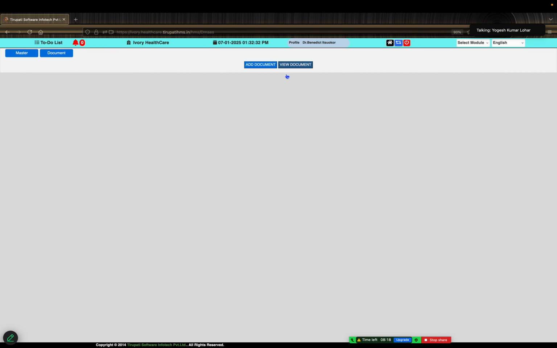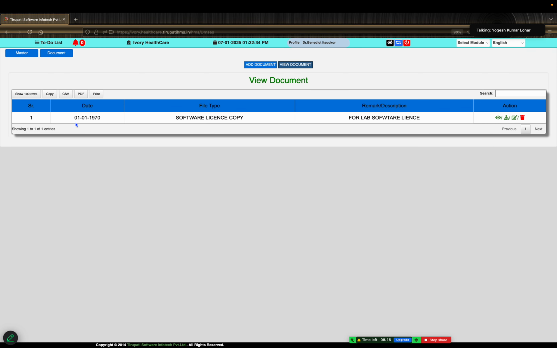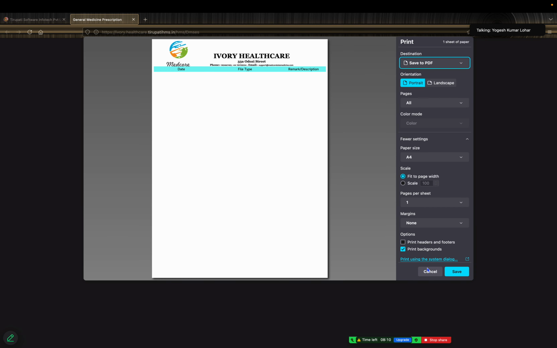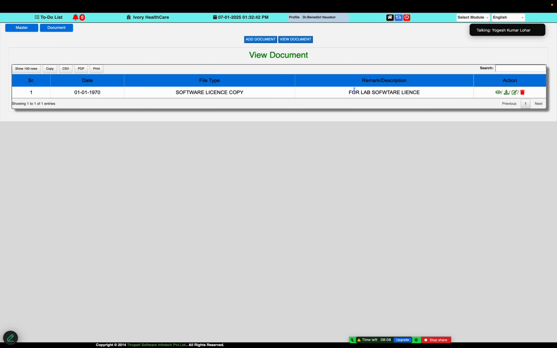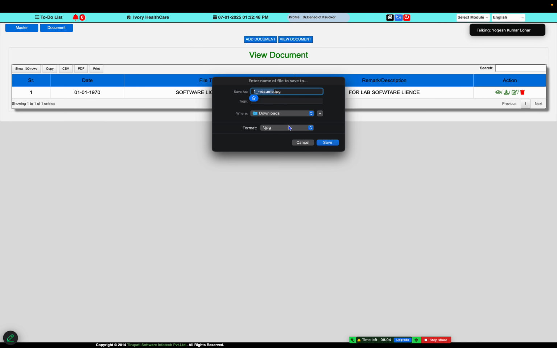Whenever the document is wanted, we will see the document copy, uploaded date, and we can see the document record also, what document is there. And if you want to download or print the document, it will be available for downloading and viewing purposes.